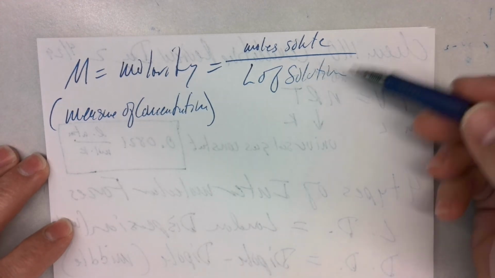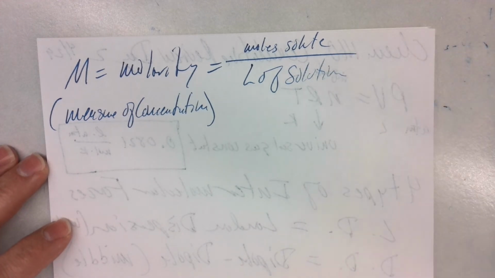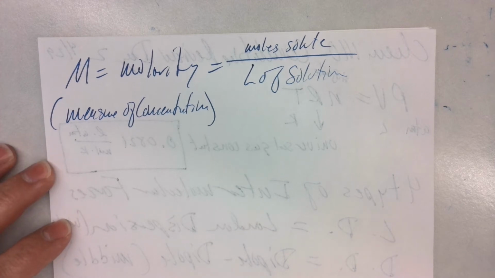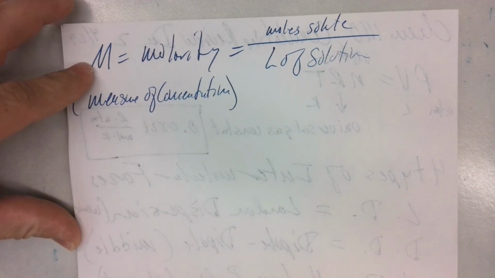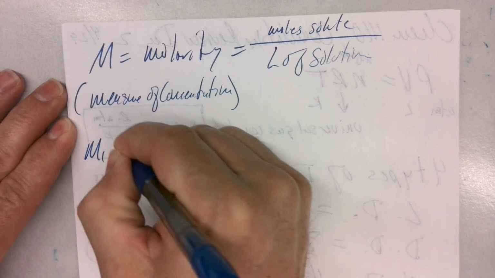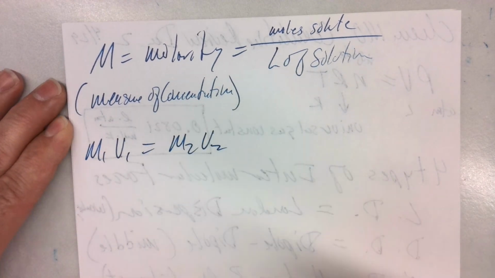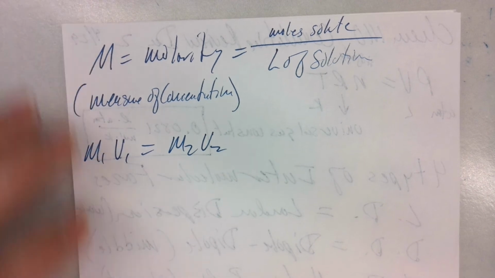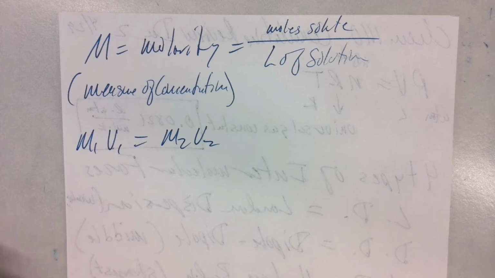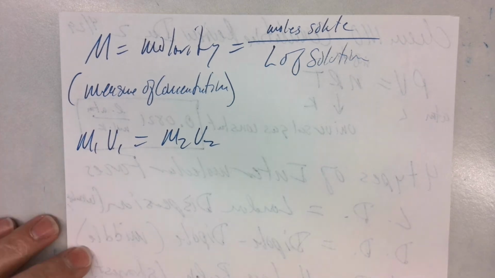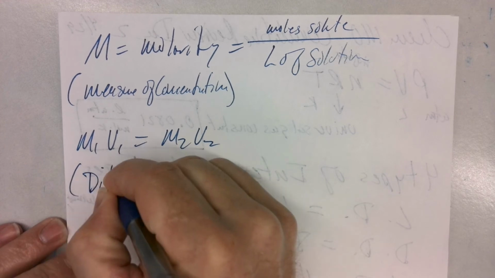So who can remember what they usually did here to try to mess you up? They put the solution in milliliters, or they gave you your solute in grams and had you convert to moles, just things like that. Then we have to remember M1V1 equals M2V2. What is this for? That's for if you change your molarity or volume. It starts with a D. Dilution. Yes, it's for dilutions.